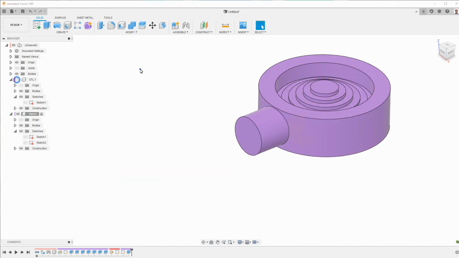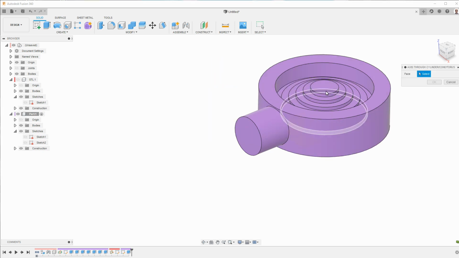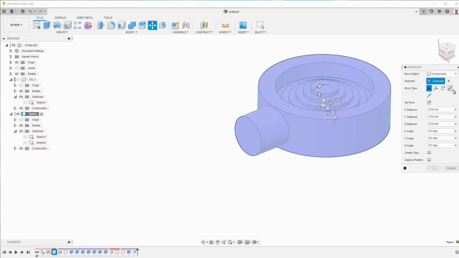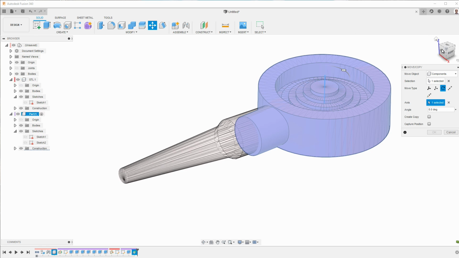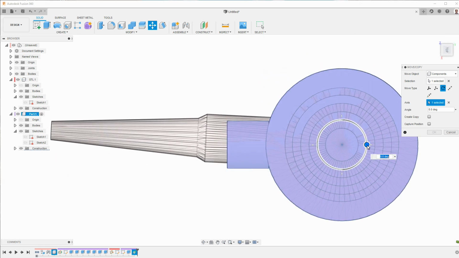So again, I'll hide the STL. And then what I'll do is create an axis through cylinder. This one will work just fine. I'll go ahead and say move copy, rotate, use this as the axis of rotation, view the STL, look at it from the top, and now when I rotate you can see